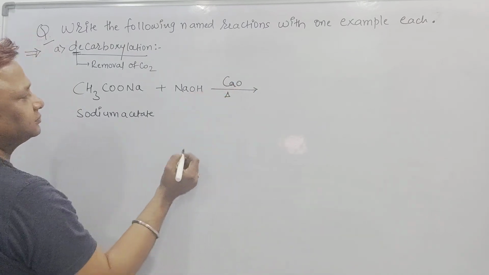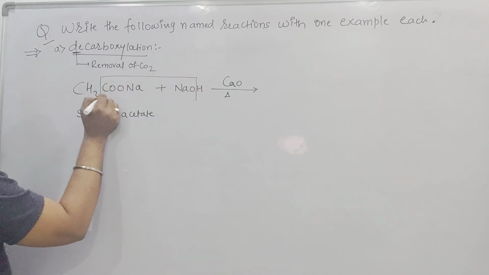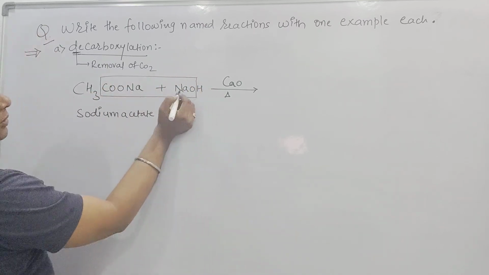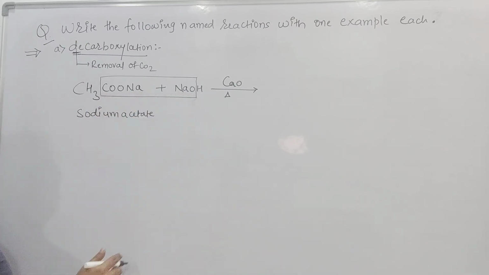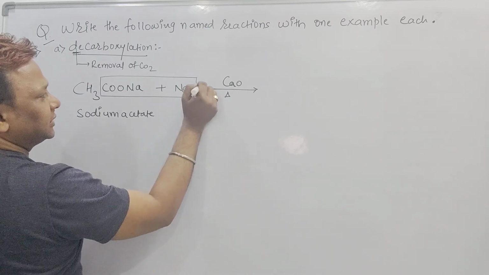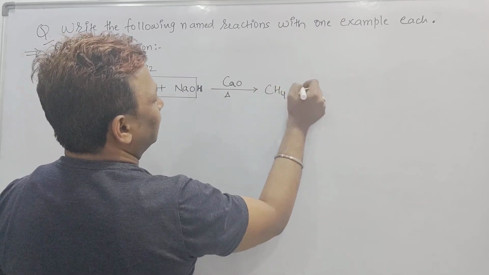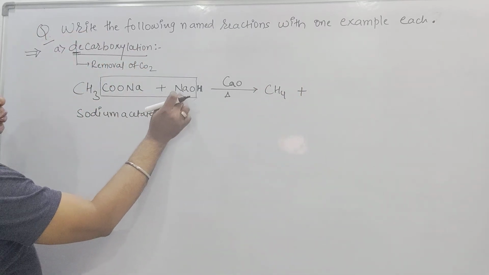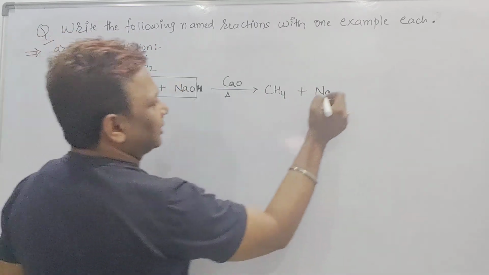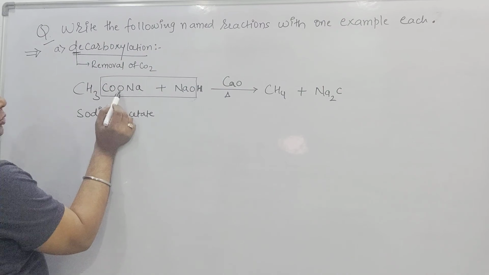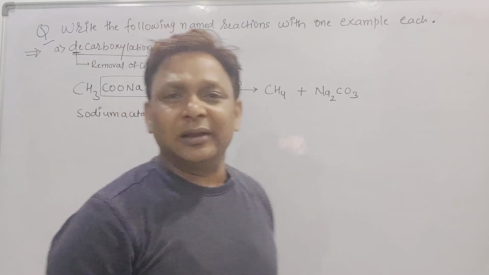Put the delta, make a line from here and take this part. See what part is going to come out. Na plus Na, Na2, and C, carbon 1, 2 and 3 oxygens, so Na2CO3 comes out. The H present here will be added on CH3, so CH3 becomes CH4. Check the oxygens: 1, 2 and 3 oxygens came out. So how do we write the statement?